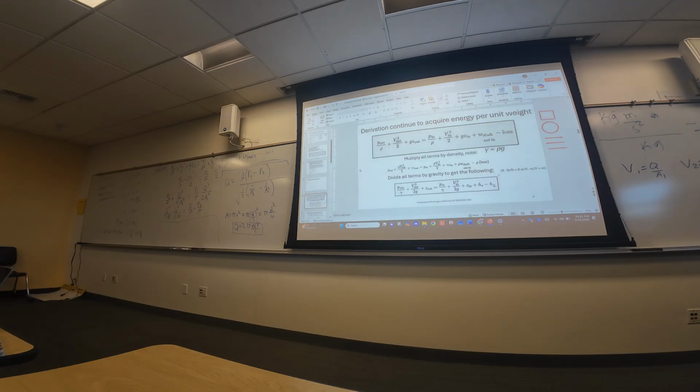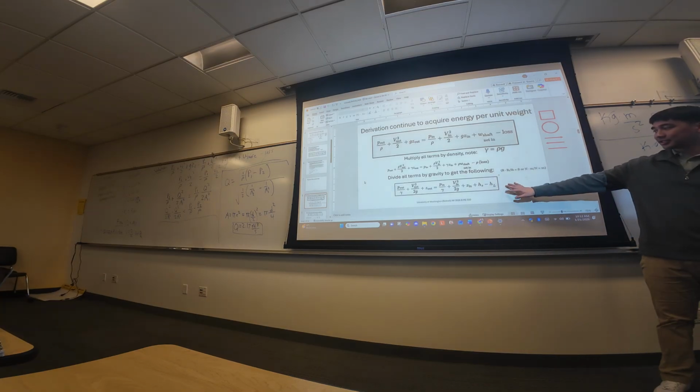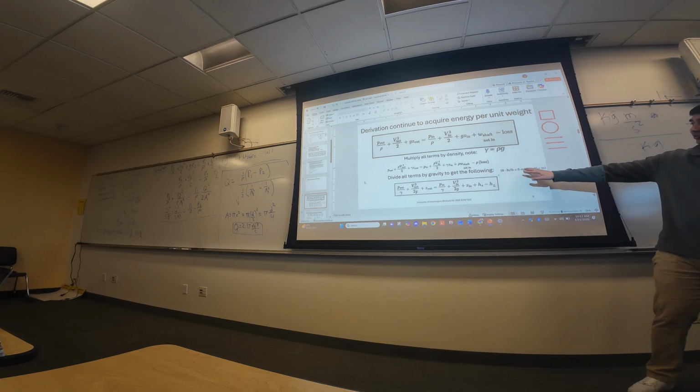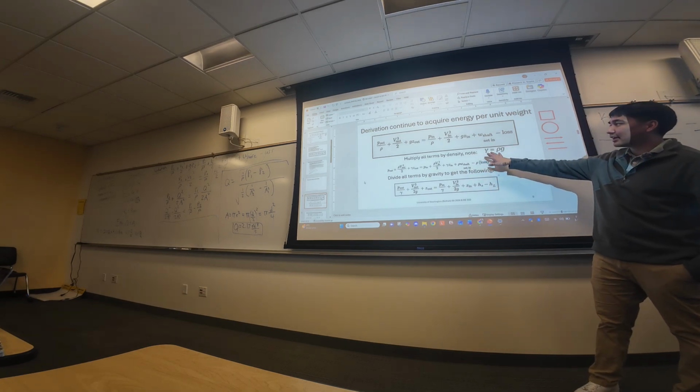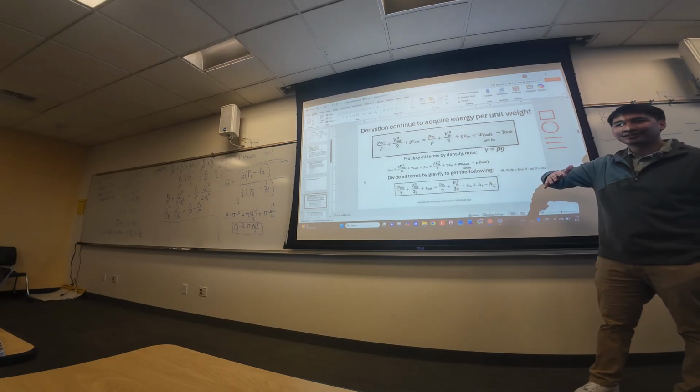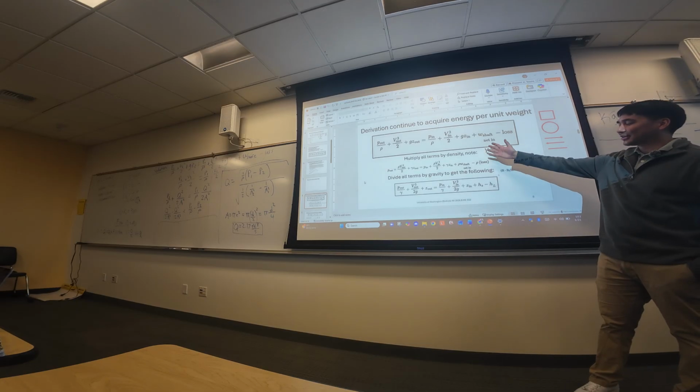Okay, did the problem. Okay, we have one more equation here, and this is another one you're going to need for the homework. Basically, if you multiply all of these terms by density again, this is why I don't really like the textbook. When they derive stuff, they go back and forth, saying okay, we'll divide by density for one step, this is your equation, we'll put it back in for the next equation. So I'm just following it.